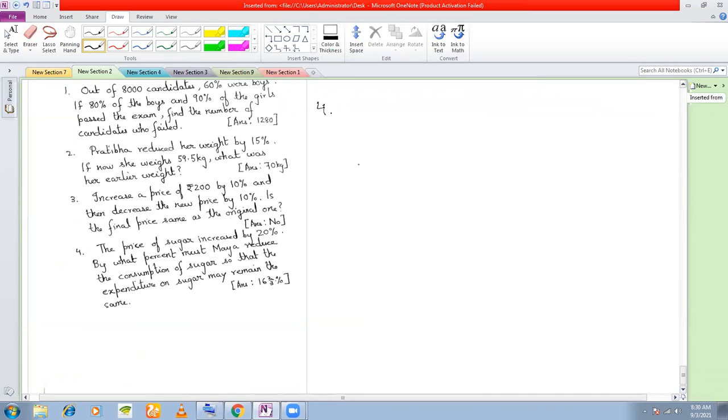Number 4. The price of sugar increased by 20%. By what percent should Maya reduce the consumption of sugar so that the expenditure of sugar may remain the same? Now she is consuming some sugar. Okay, now the price of sugar increases by 20%. If I say let the original price of sugar be 100,